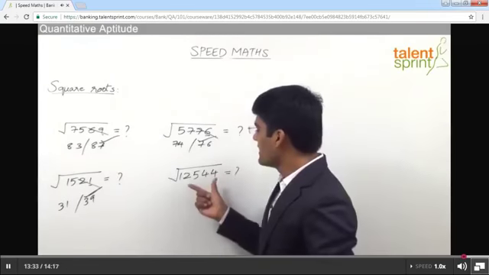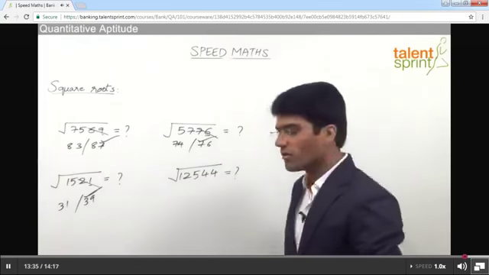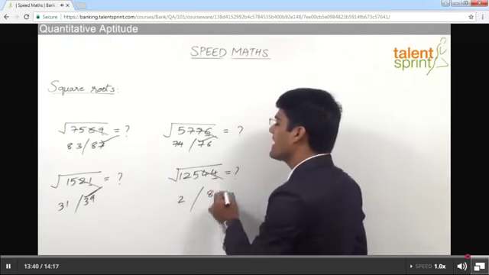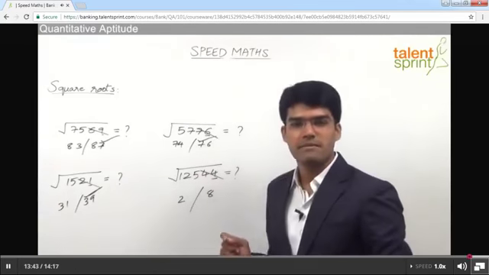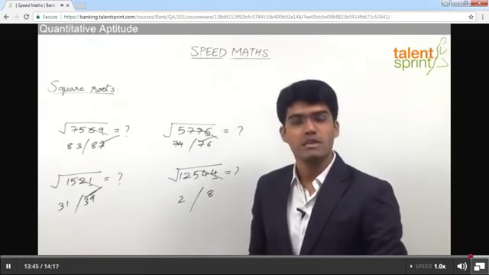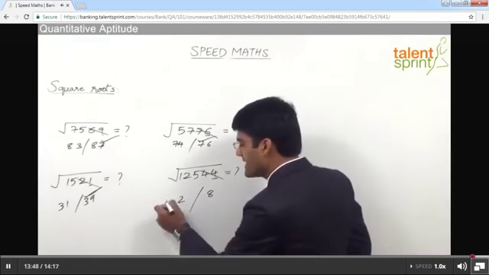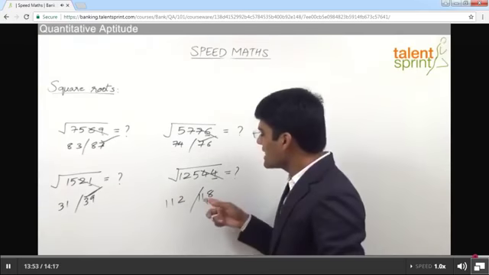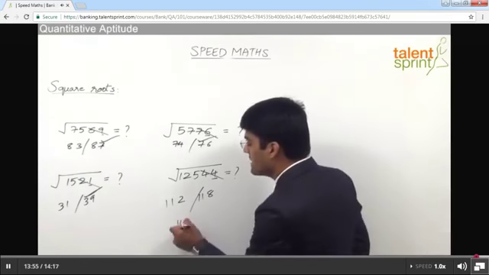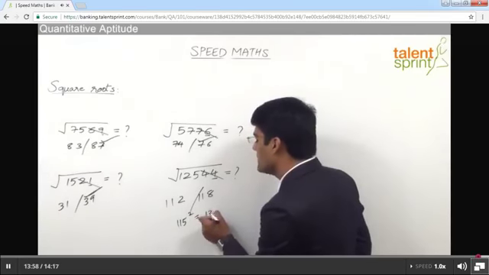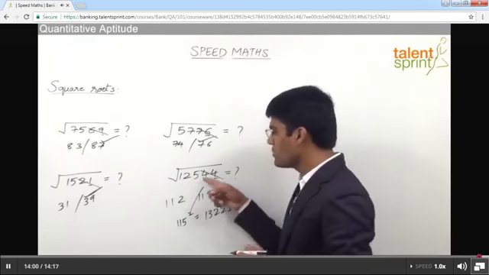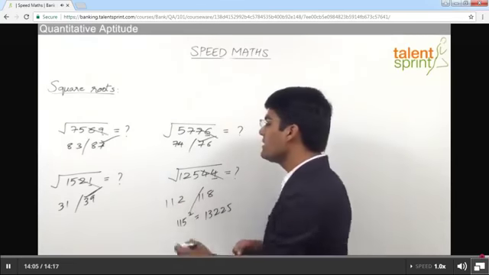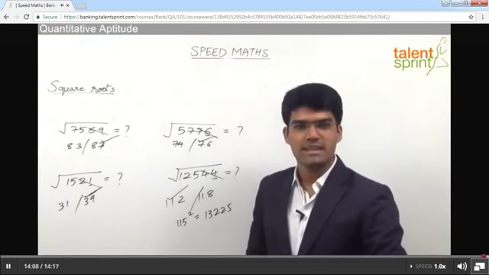And the last one here is square root of 12,544. As the number is ending in 4, the square root will be ending with 2 or 8. Leaving the last 2 digits, we need to check what is less than 125 and a perfect square. That is 121. 121 gives us 11. So the second step says the answer should either be 112 or 118. Now what comes exactly between 112 and 118? That is 115. 115 square is 13225. The given number 12544 is less than 13225. So the answer should be less than 115. What is less than 115? 112. So 112 has to be the correct answer.